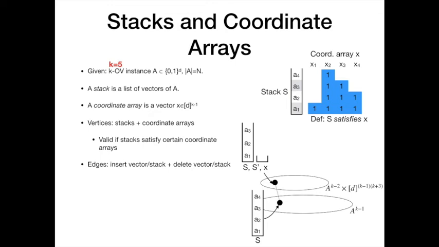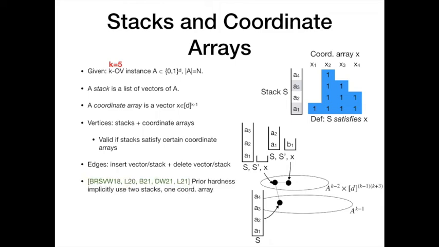Edges can be seen as operating on these configurations of stacks and coordinate arrays. So if you cross this edge, then you can see it as inserting the stack S prime and deleting vector A4. You can also have edges that, for example, insert a vector and then delete another vector. Okay, so at a high level, this is how our graph is defined, and it's similar to prior hardness results